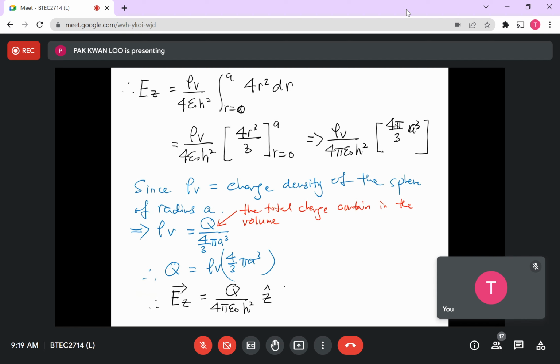So in general, because for a sphere, for anywhere in space, because we take one point in space which is along the z-axis. So by right, in general, the electric field from a charged sphere,